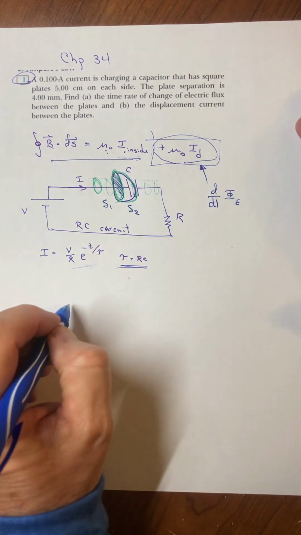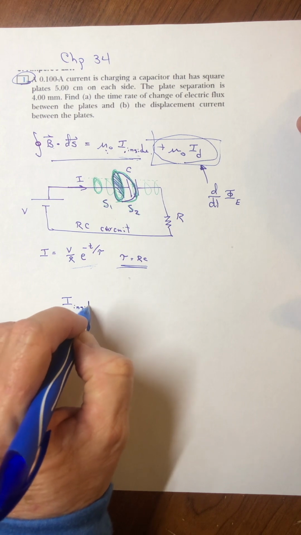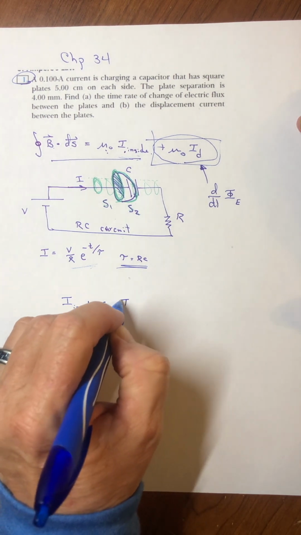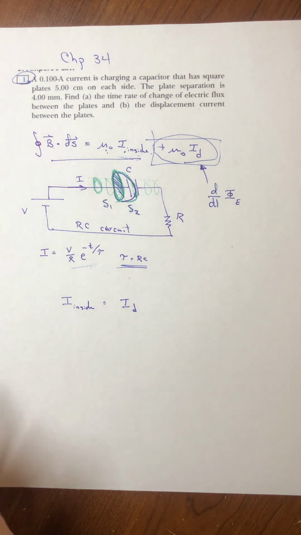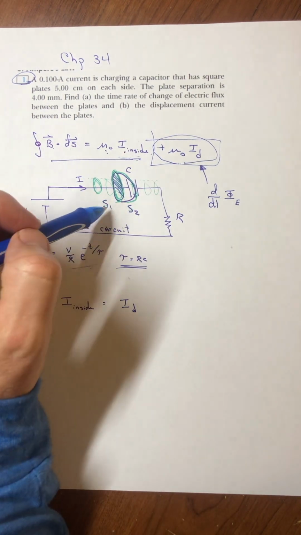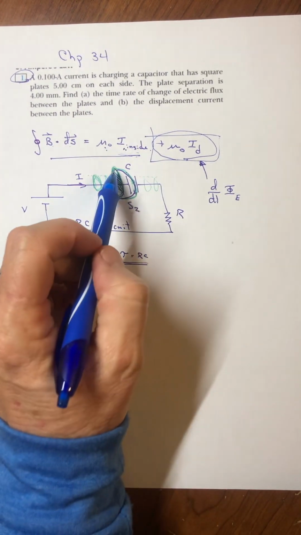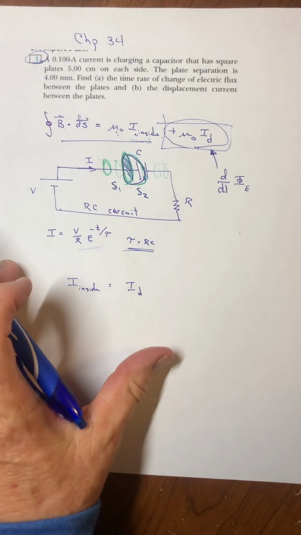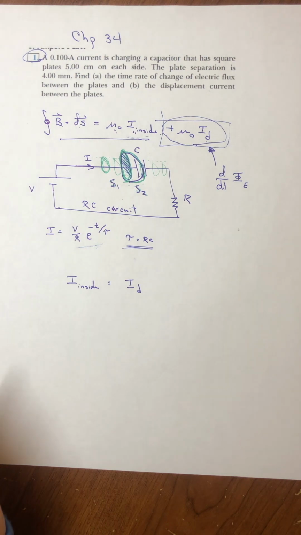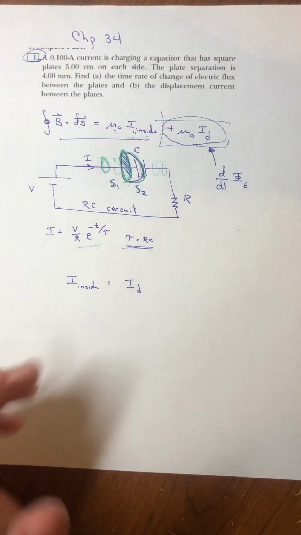And so his argument was that the conventional current would have to be equal to the displacement current for this to work, because when you're looking at surface 1, you get this term and the second one 0. But when you are looking at surface 2, you get the displacement current, but you get conventional current as 0. For this problem, if you remember all that from the lecture, and forgive the wordy mini lecture here,